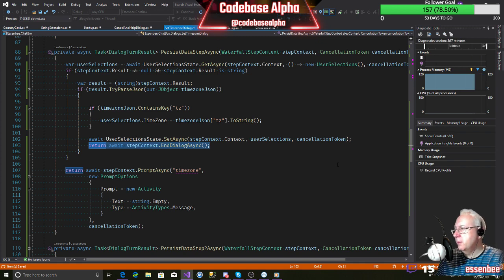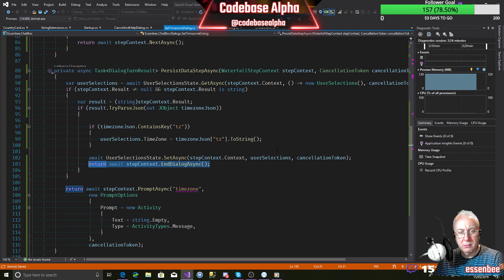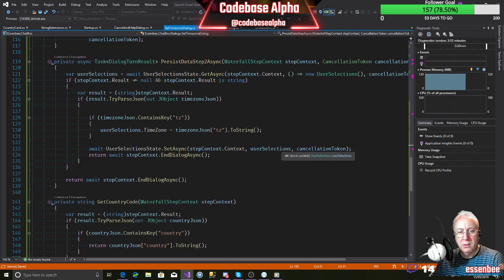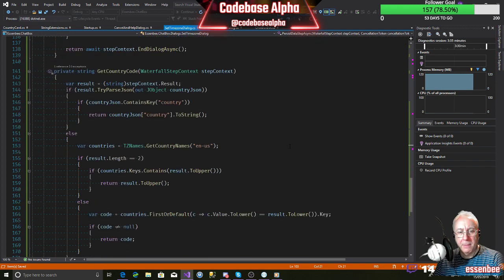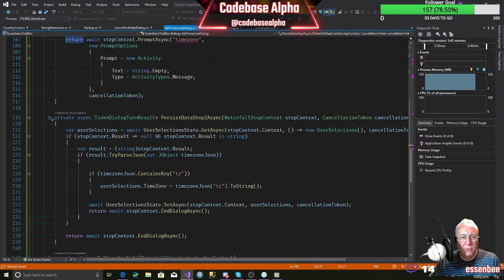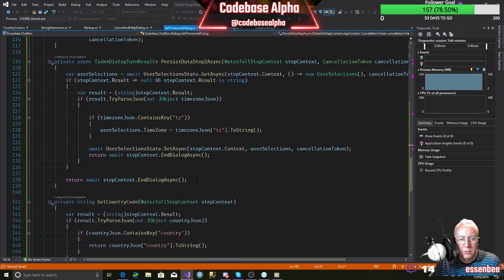My mind's kind of whirring a bit about restarting dialogue steps. There must be a way of redoing a step in a dialogue. You can restart the entire dialogue. Maybe that's what we do if they drop out of here. Yeah, maybe that's what we do. If they drop out of step 2, we actually restart the dialogue.